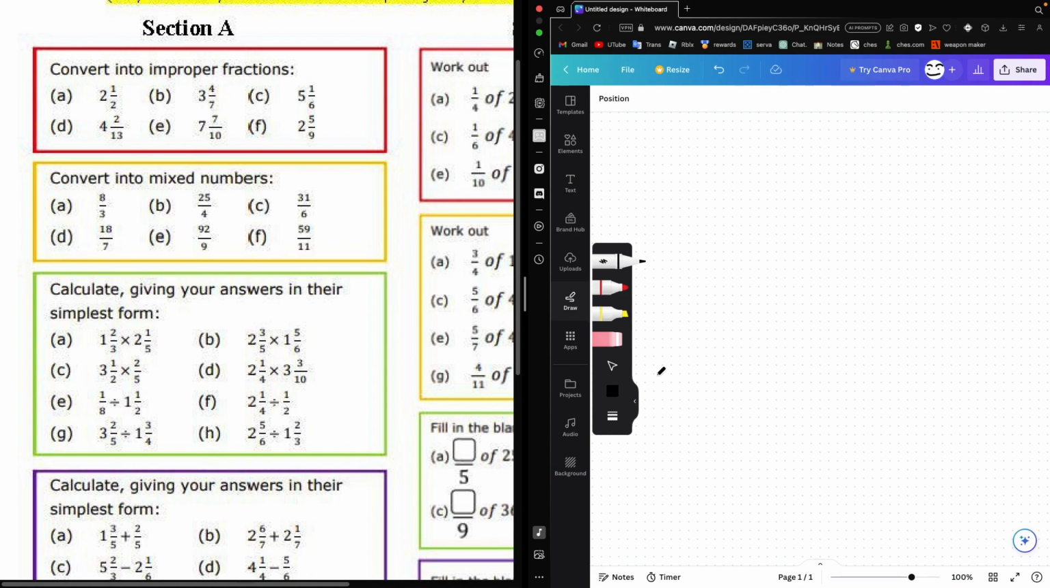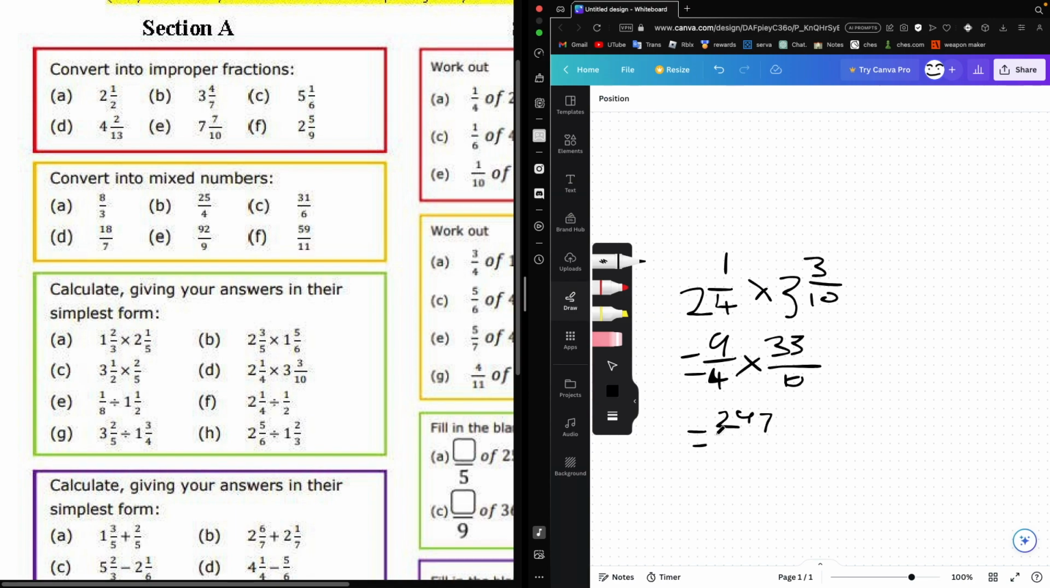Okay, now we have D. 2 and 1 over 4 times 3 and 3 over 10. Okay, which also equals the same thing. 2 times 4, 8 plus 1, so it's 9 over 4, times 3 times 10, 30 plus 3, 33 over 10. Same thing. 9 times 33 is 297. 4 times 10 is 40,